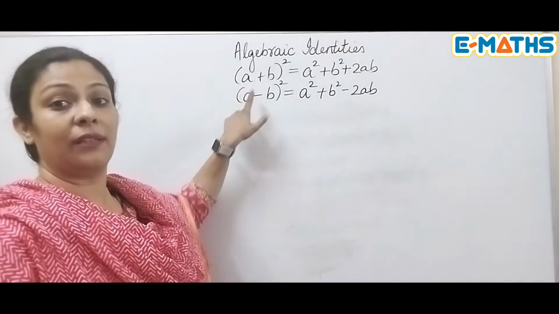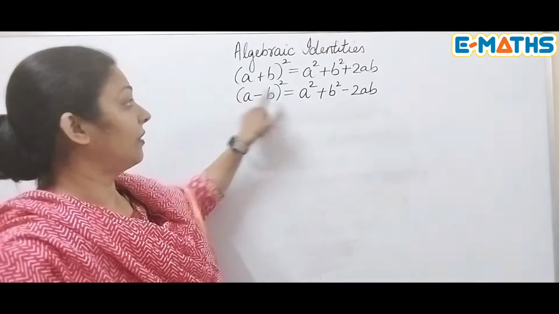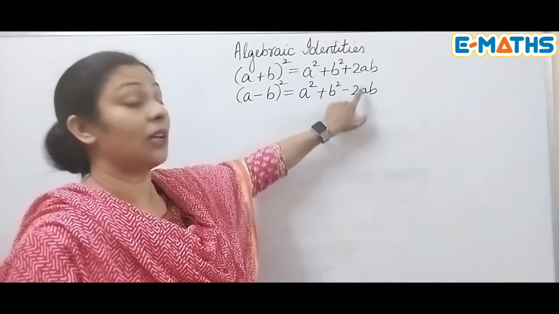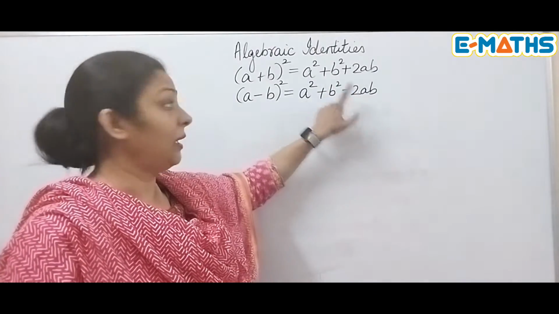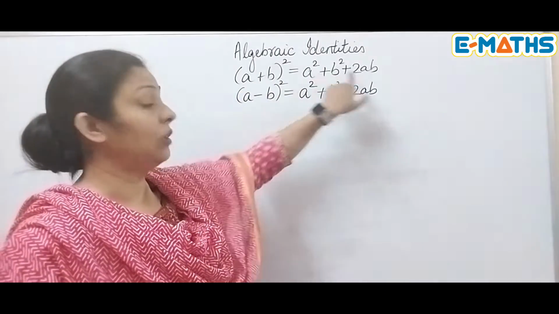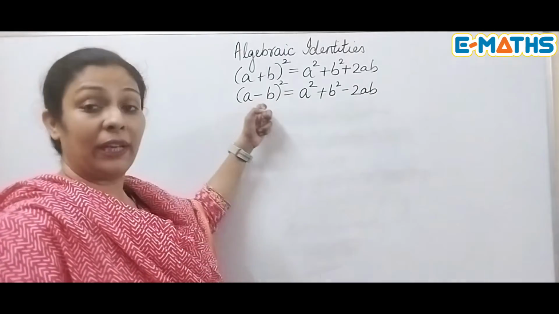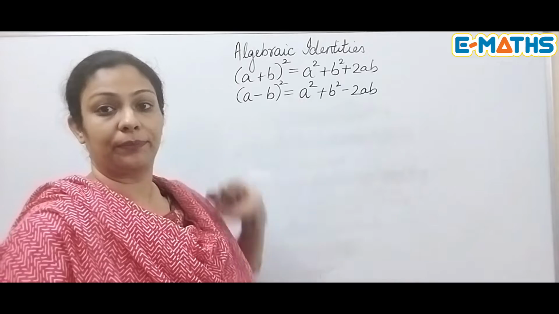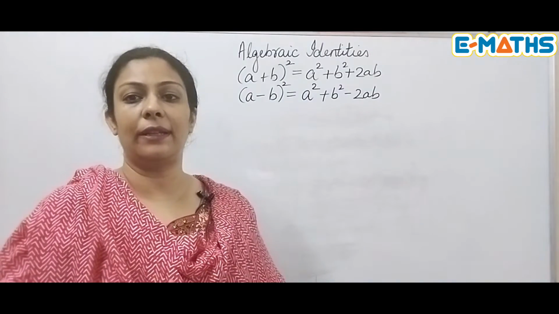Here we have a plus and here we have a minus sign, and when we open up the identities, the only difference will also be in the sign, and that too in the last term, if you can see. 2ab: if you are doing a positive one, you will have all the terms positive. If you have a negative sign in between in this identity, it will have a minus 2ab here. So let's see how we can use this identity.